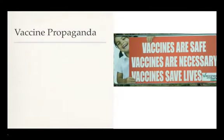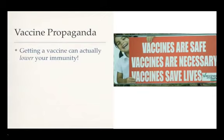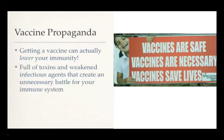Now, one of the worst things I believe that you can actually do for your immune system is to get a vaccine, because that can actually lower your immunity. Vaccinations are full of toxins that have to be very, very powerful to weaken those viral agents. And this can create a whole other battle, an unnecessary battle that your immune system can fight until the day that you die. See, what happens is if you get an injection and there's mercury or there's formaldehyde or aluminum,